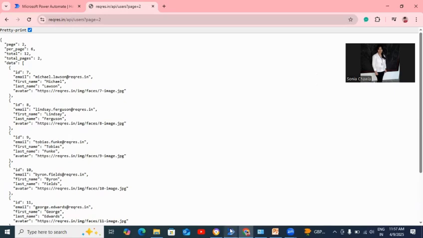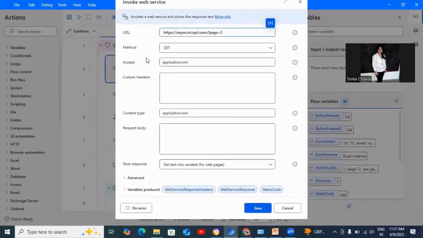And the next step, what will we do? Here we are configuring the method. This is the GET method. Accept: currently we accept XML format. As per your response, you can change it to JSON. Currently I'm using the content type as XML. Custom header: currently this is a free web API. If you are working on any company or intranet based web API, you need to add some headers, authentication, or token. Here we do not have any token. This is a simple API we are using.